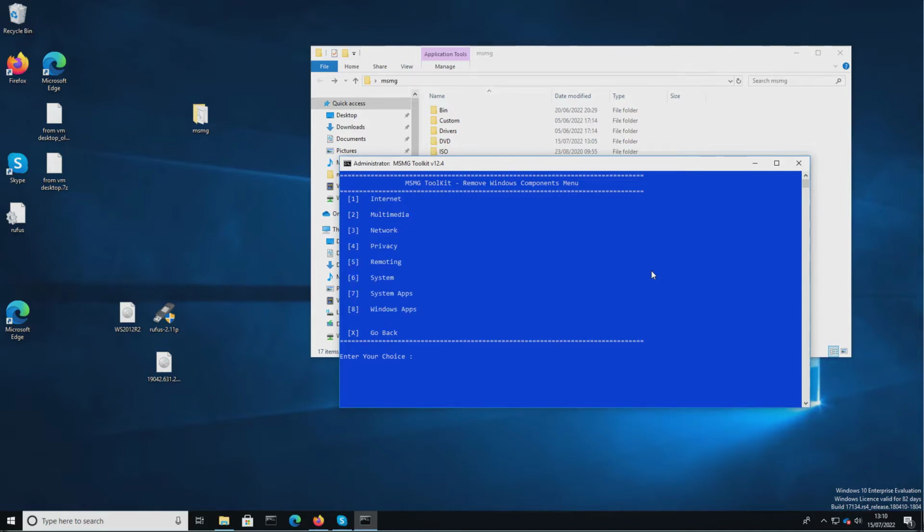So first we go to Internet. And everyone always gets rid of, definitely, Adobe Flash. And they always get rid of Edge as well, because you know how people just don't like Edge. But you need Internet Explorer so that it doesn't mess up the system, because you know how Microsoft isn't too good at programming, and they can't seem to keep things separate properly. So if you go to 2, which is multimedia,